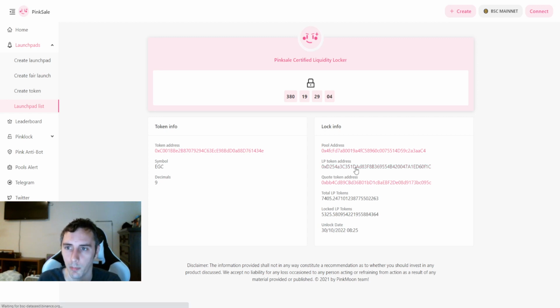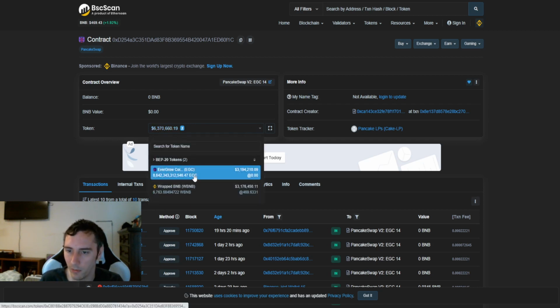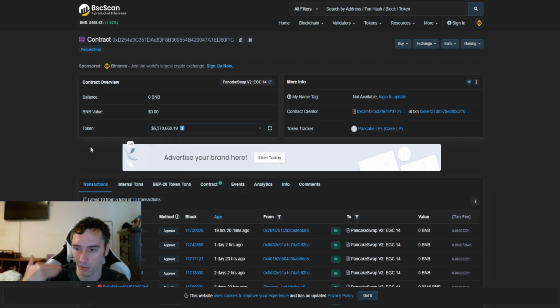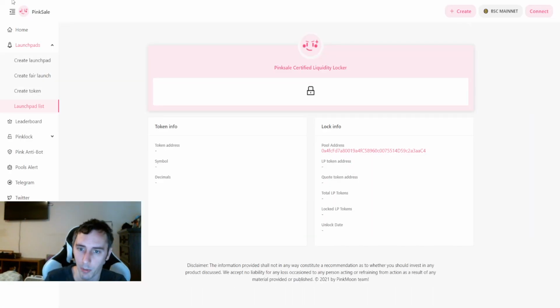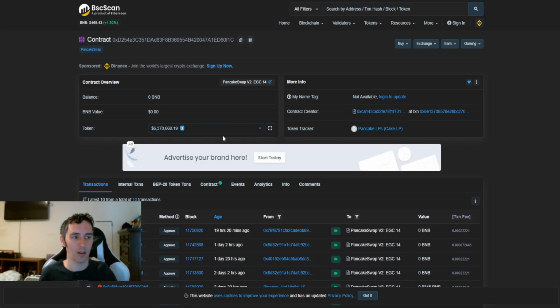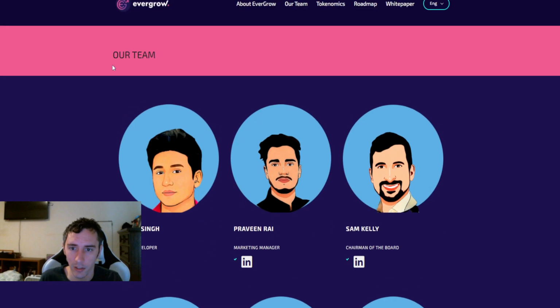And if we click on the liquidity pool token address, as you can see right here, there is over $6.3 million being identified in this. Of that, it's got an equivalent value between EverGrow and the wrapped BNB. From my understanding, this is identifying what is part of the liquidity pool, which would make sense because we saw that the total dollar value was over $100 million. Remember, this is only showing $6.3 million. So I believe this is what is in that locked liquidity situation. So it looks like overall their project is doing quite well.